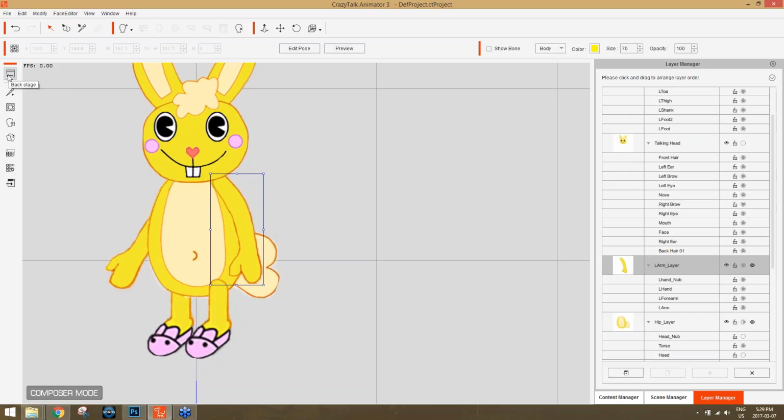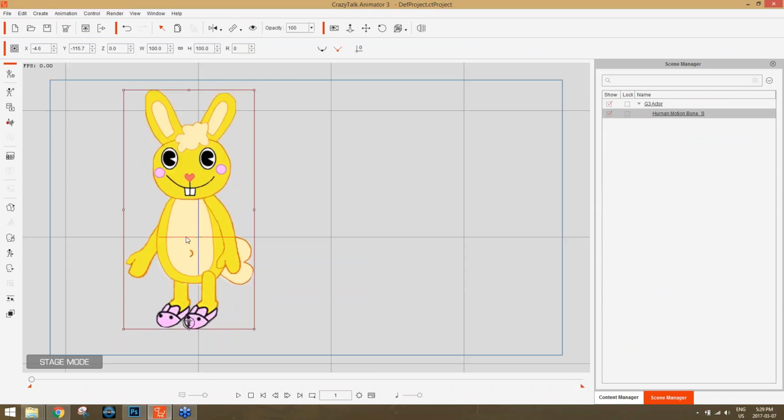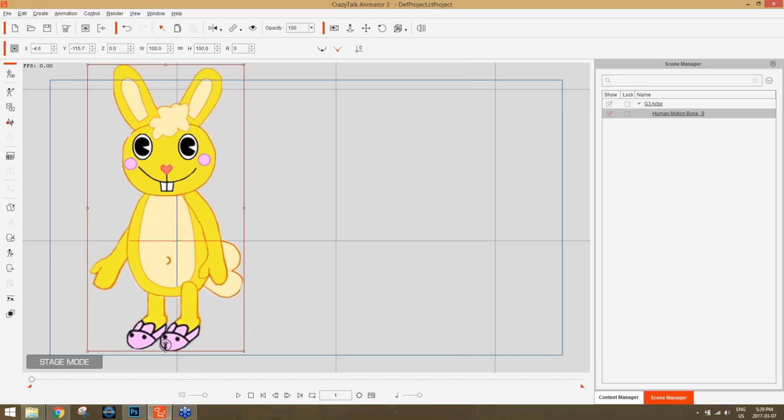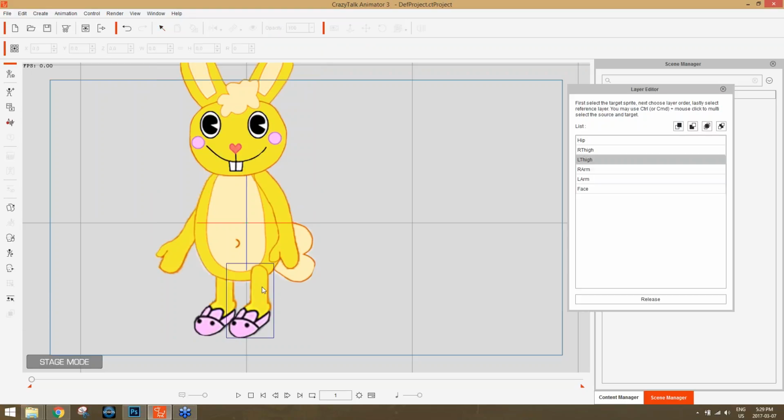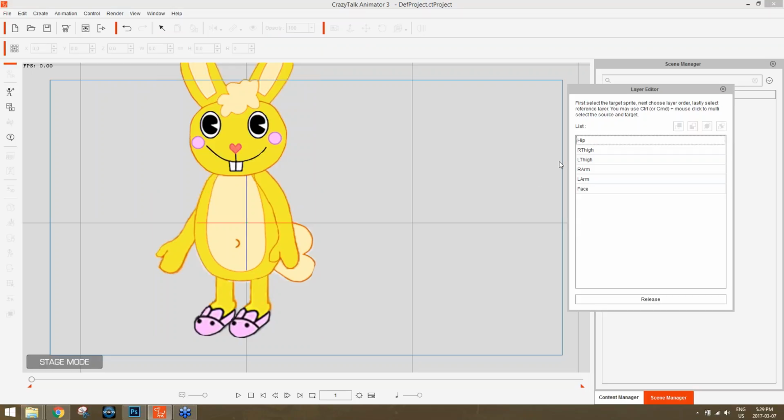Now, if you are in stage mode and you want to change the layer order of your character in stage mode, then you need to go to somewhere like this. Down here, there's the layer editor. And we have this leg right here. We can send the leg to the bottom, and it'll go below everything else. Okay, so this is the left thigh right here. We can send it to the bottom. We can send it to the front of, let's say, the torso. Which one's torso? Hip. Okay, so if you send it to the front, so the left thigh here, for example,